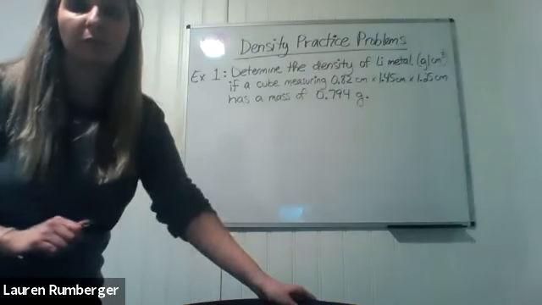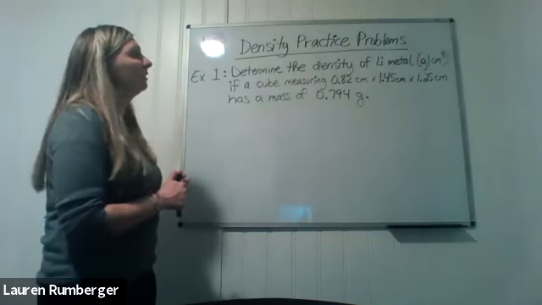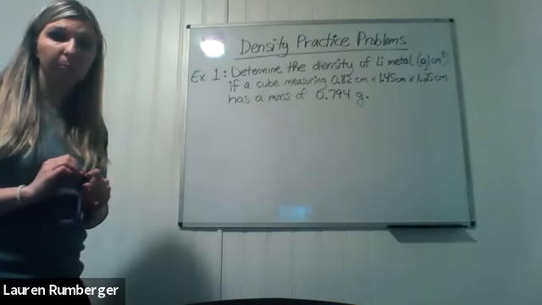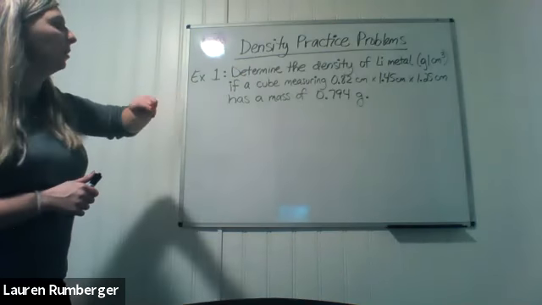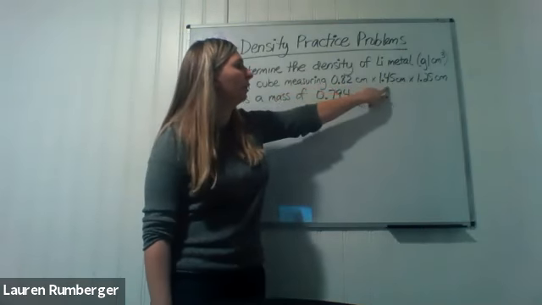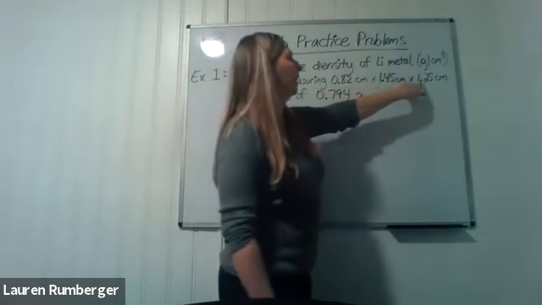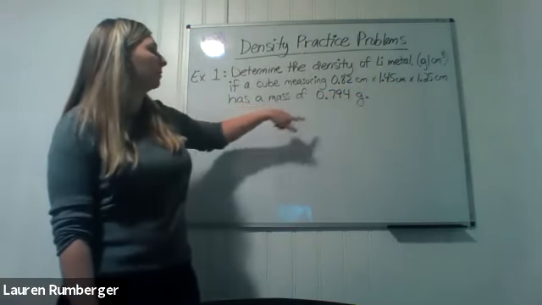This is the first example for our density practice problems. It states, determine the density of lithium metal in grams per cubic centimeters if a cube measuring 0.82 centimeters by 1.45 centimeters by 1.25 centimeters has a mass of